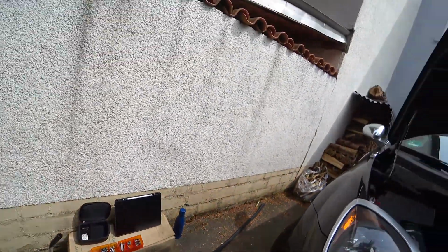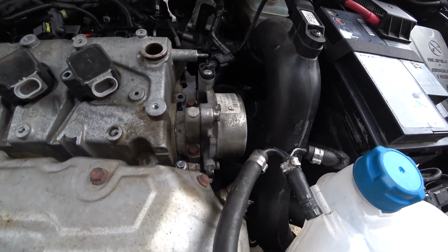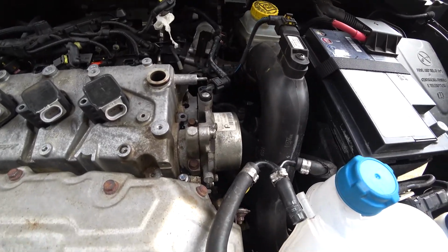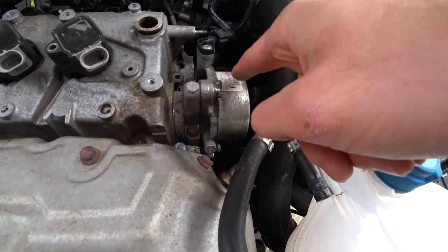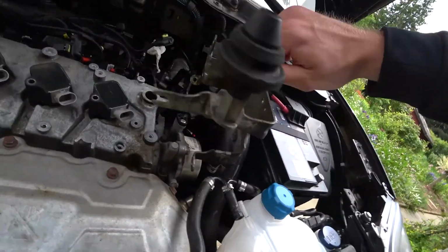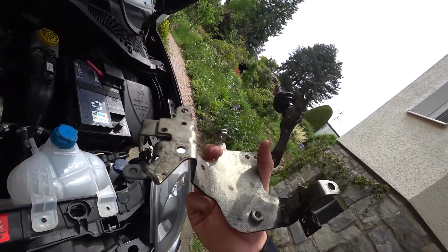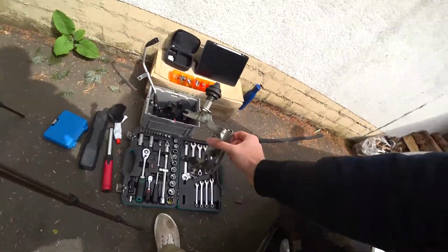I'm going to show you again how it sits in there. I got that off because if you replace the cam belt like I did in the last video, you will have to get it out there because you will need to go into where the vacuum pump is. You need to get that off, and that bracket sits right around it. This will take some time getting it out, but once you figure it out, it's easy from here,